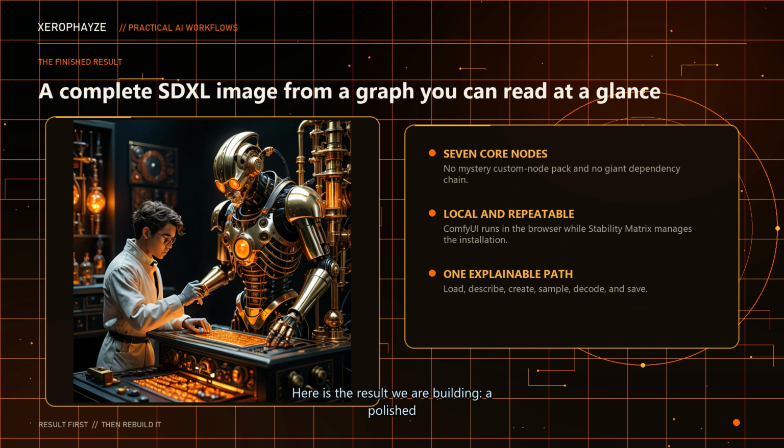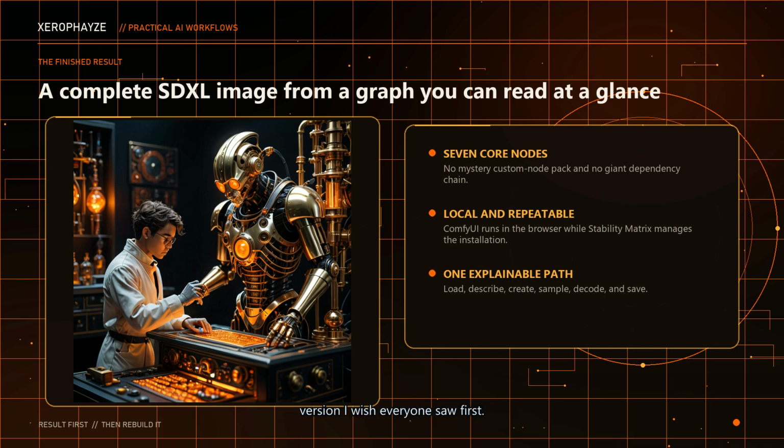Here is the result we are building. A polished SDXL image from a graph you can understand at a glance. No giant node maze. No mystery custom node pack. Just 7 core nodes and one complete path from a model to a saved image. If ComfyUI has ever looked like someone dropped a bowl of cables onto your screen, this is the version I